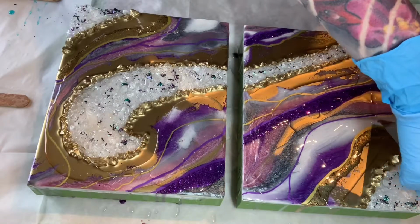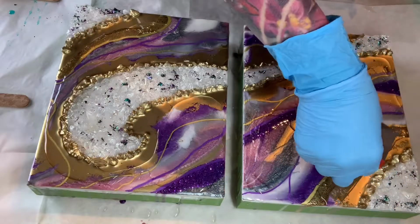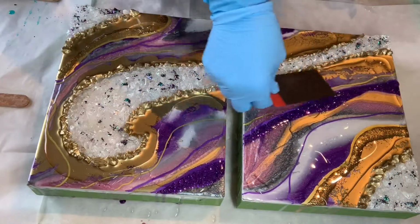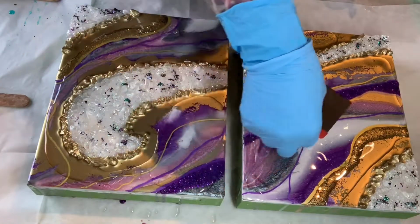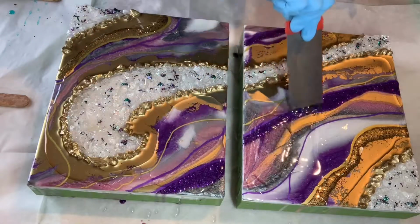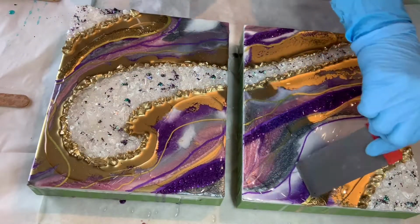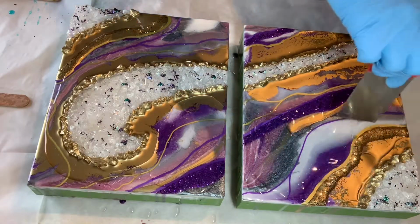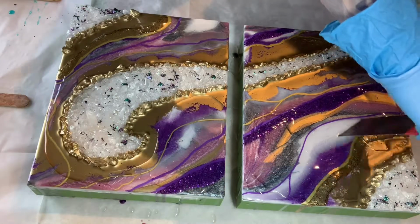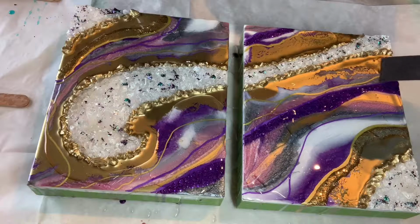So this was me just putting on the layer, gave it a bit of heat, pop some bubbles, make it a bit easier to spread. It actually went on quite thick. I was quite surprised. So this was me just initially using one of my spreaders to kind of get it where it needed to go before going in with my gloved hand and getting it into all the